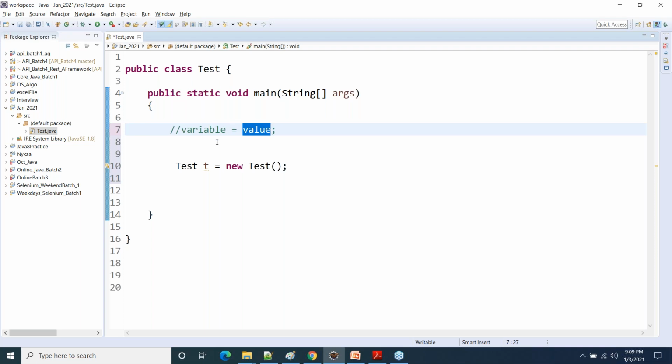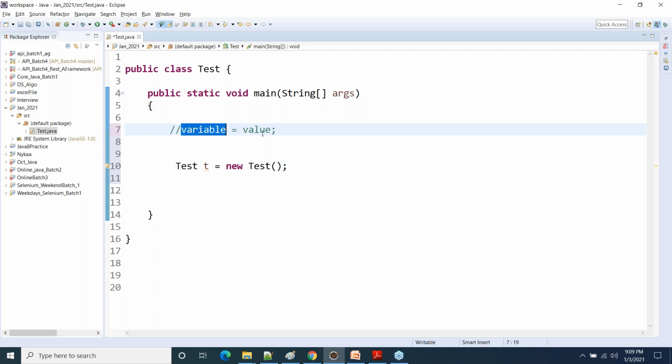Whenever you want to store or assign any value to a variable, you will have to make sure that the variable is capable to store that type of value, and the variable should also be capable to store that size of value. Now, how will we make sure that the variable is capable to store that type of value, and that it is capable enough to store that size of value? How do we do that?